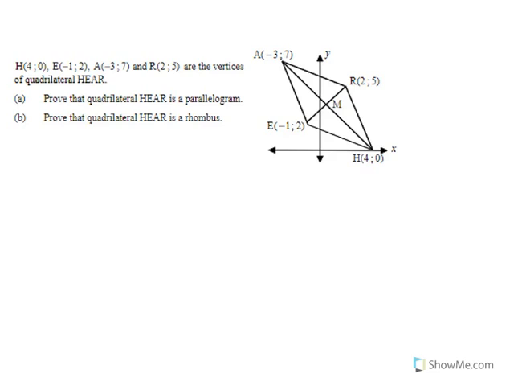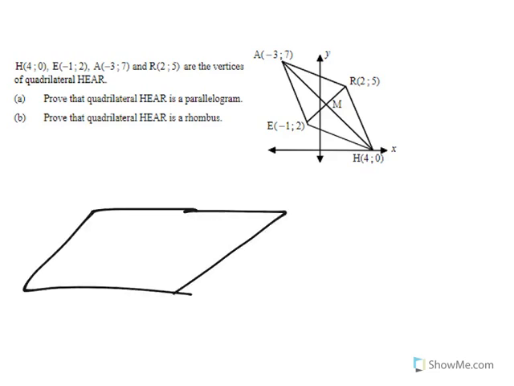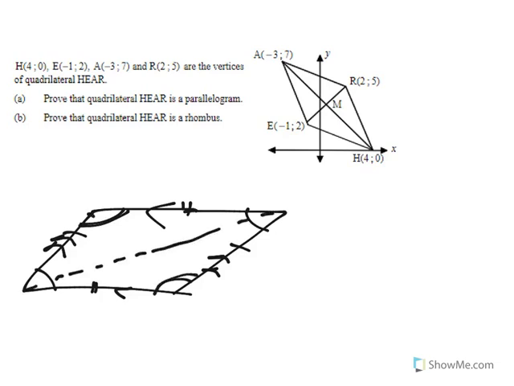We know that a parallelogram has opposite sides parallel. It also has opposite sides equal. We know that their opposite angles are equal. We know that their diagonals bisect each other. So if we're looking to prove that a shape is a parallelogram, then it is sufficient to prove any one